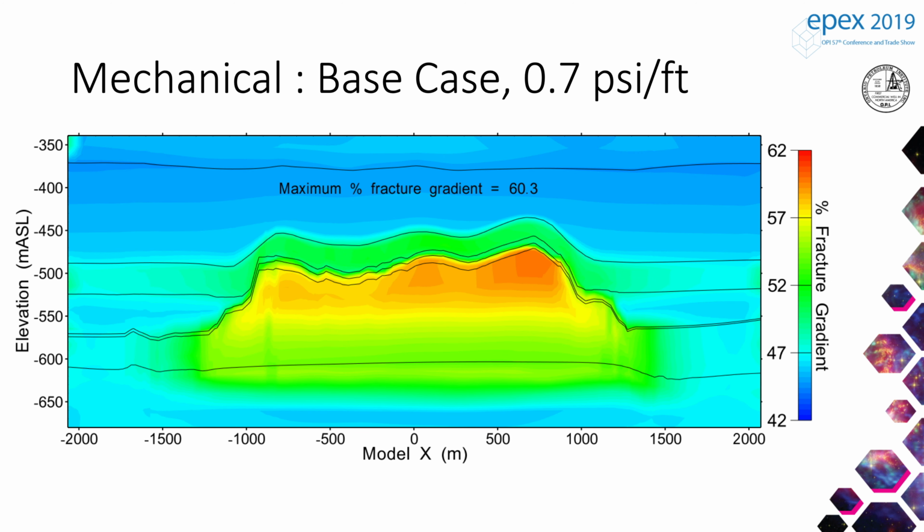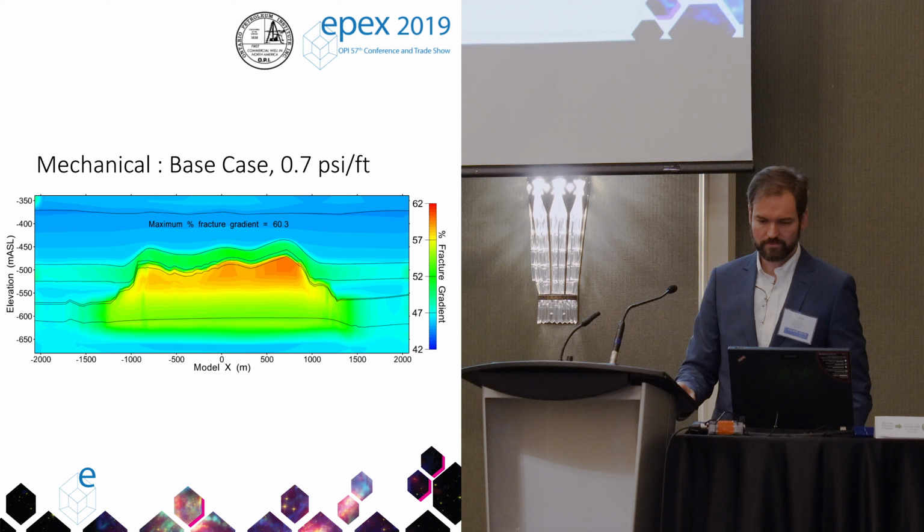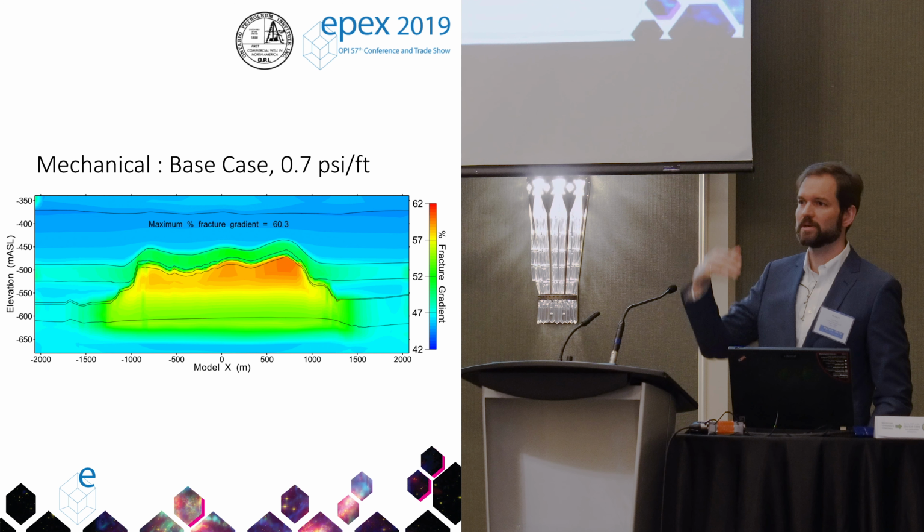The maxima occur in the upper part of the reservoir and in the A2 anhydrite caprock. I guess I should point out, we've got some bright red and orange. It looks pretty extreme, but the value we're at here, our maximum is only 60.3%. So we're well within the regulatory limits here, because we're allowed to go up to 80%. So there seems to be lots of space for adding additional gas.